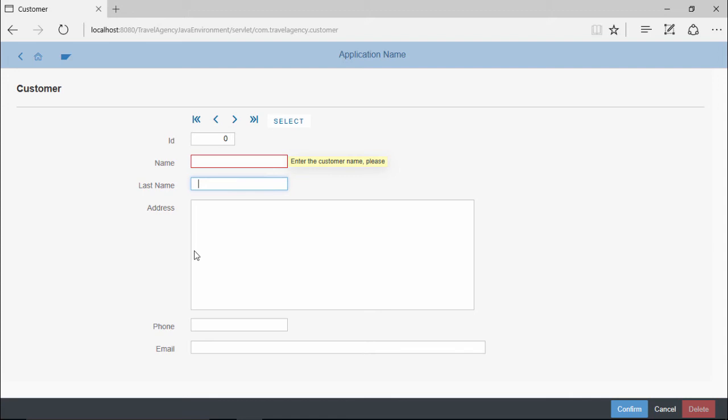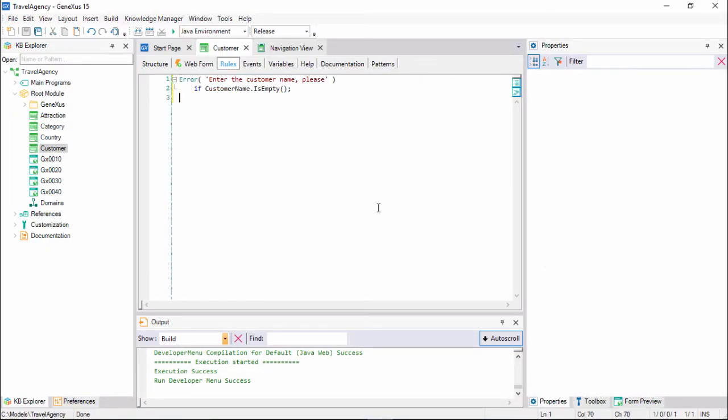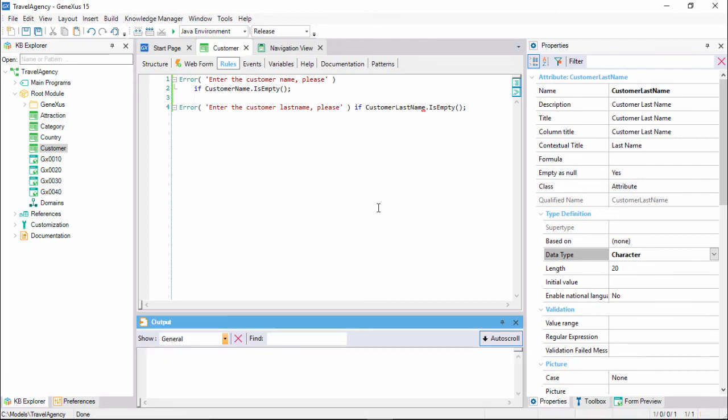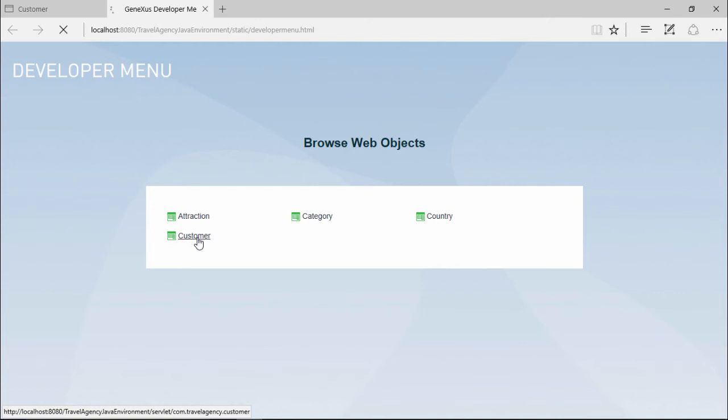If another requirement involved preventing the client's surname from being left blank, a similar rule would also have to be stated. So we copy and paste this rule definition. We replace name with last name, and we change the attribute involved. We press F5, run customer,